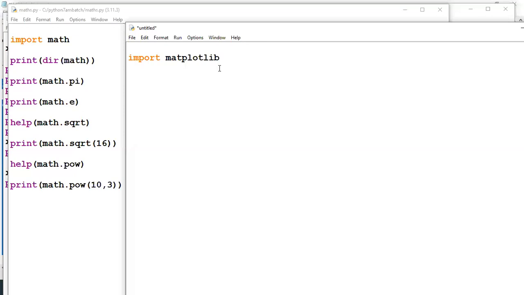We use this module called matplotlib. Within that, we have a built-in module pyplot. Instead of using math.pi, math.sqrt, every time I use the module name. Here also I need to use this. Instead of using this very big name always in my program code, I'll say an alias name, a shortcut name, as p or plt.